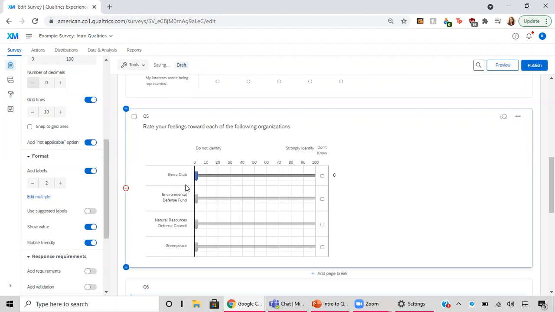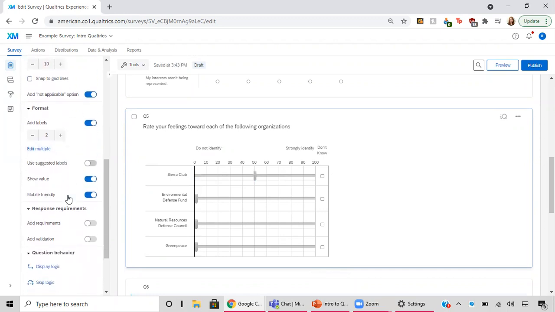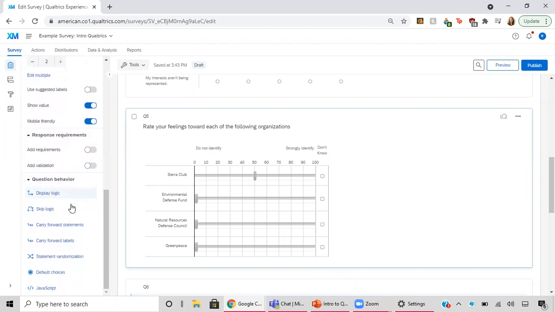If you want to snap to the grid lines and get only like 10 or 20, etc., then you would just hit this button, this check, and then they have to only select on the grid lines. I'm going to take that off just so that they have more options. You can use suggested labels if you don't want to type your own. And then also we are going to look at